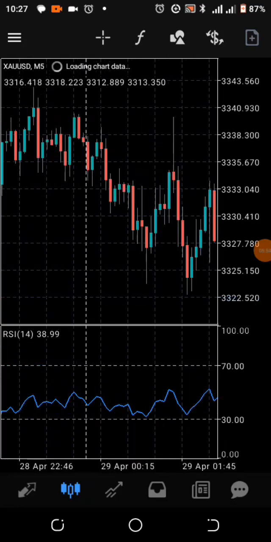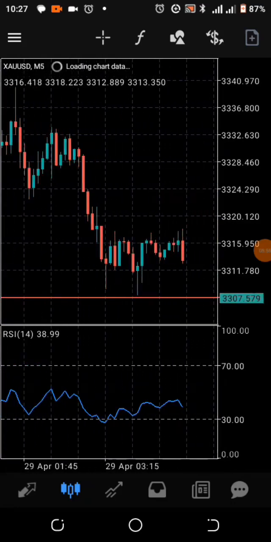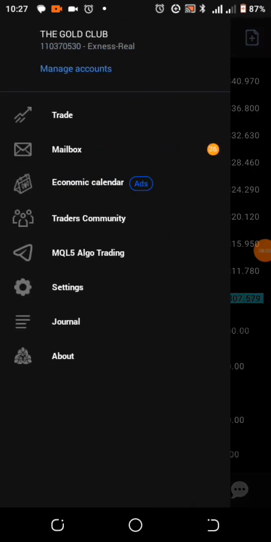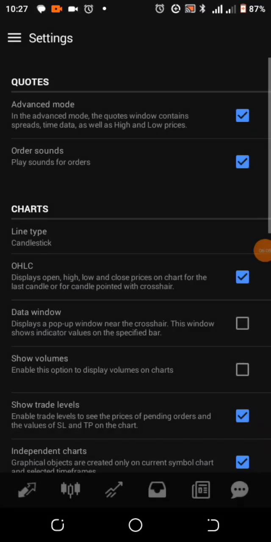So to set these candlesticks is very simple. Click the left top part and go to the settings. And when you come to the settings, we have all these wonderful settings. We have the advanced mode, click on it. I had already clicked on it. The play sound, the order sound. When you place a trade, it must make a sound so that you can be sure that you have entered